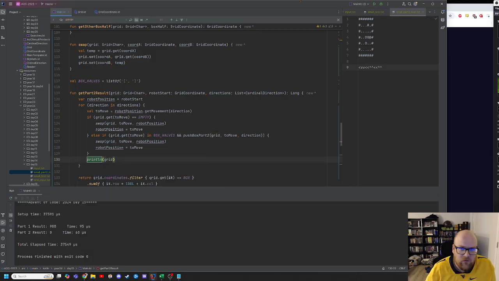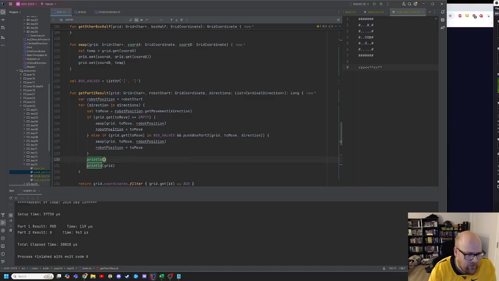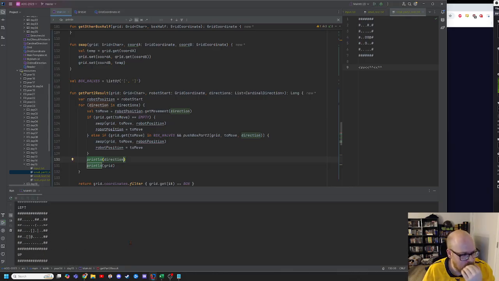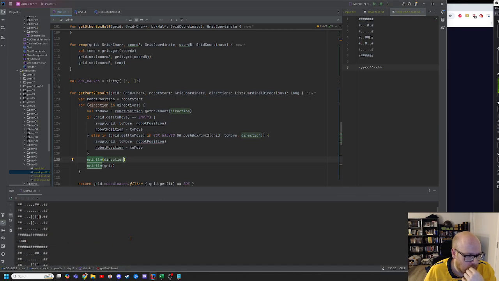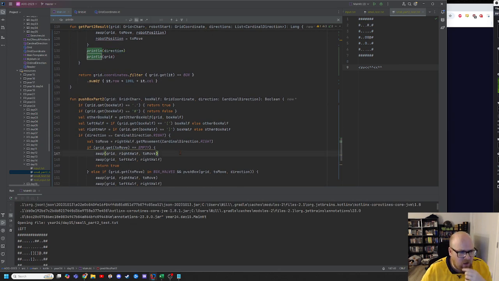So after each step, I'm going to print the grid. Let's do print line direction. Okay, so now we do left. And left, we didn't do anything. Okay, so let's look at what happens